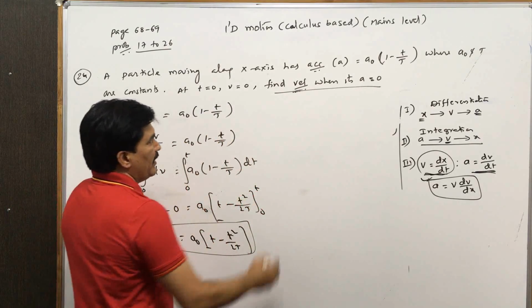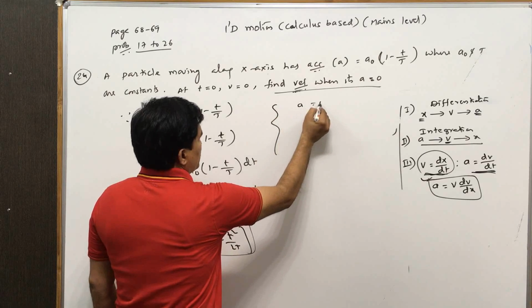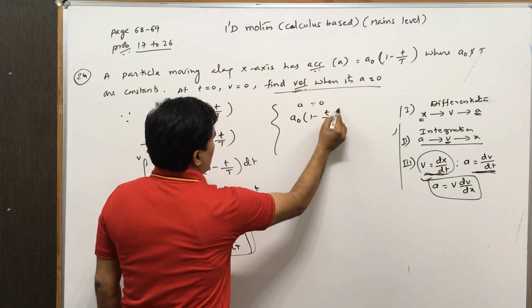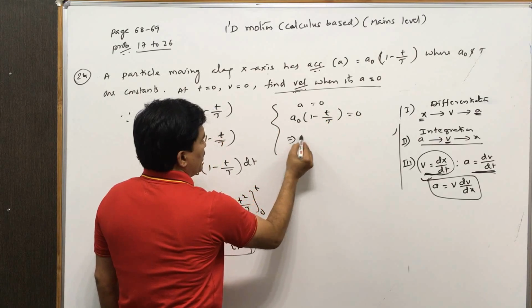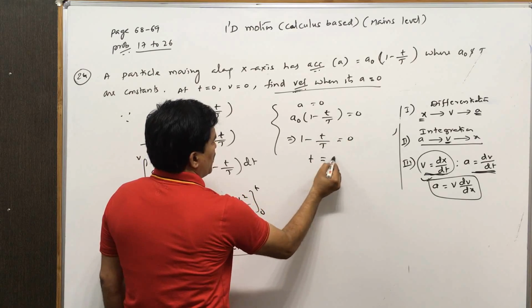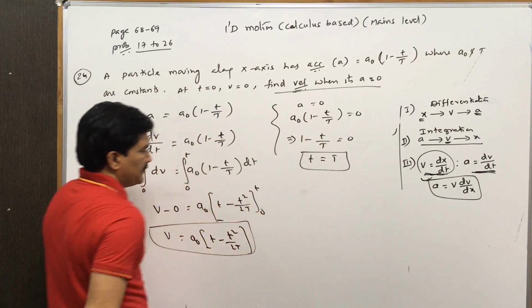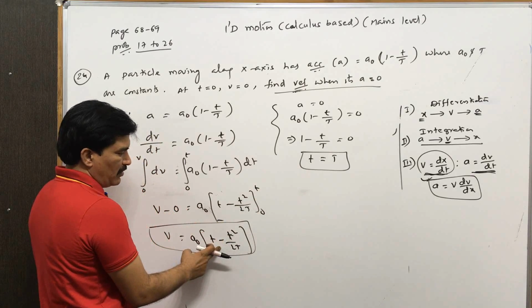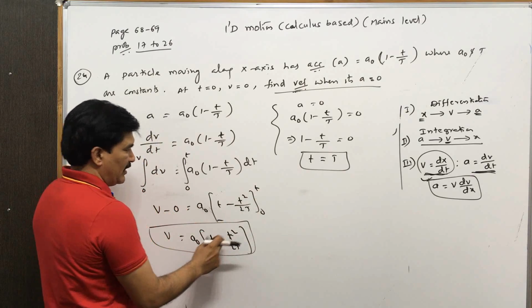Okay. A is 0 indicates what? A is 0 means A naught into 1 minus small t by capital T must be 0. That indicates 1 minus small t by capital T is 0. So, small t should be equal to capital T. Okay. Therefore, substituting small t equal to capital T, you will get the velocity when acceleration